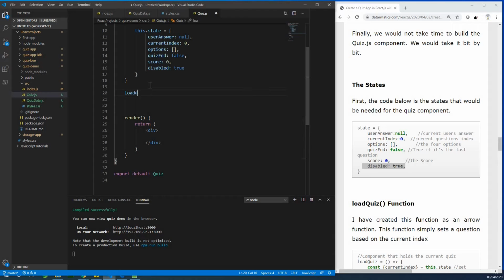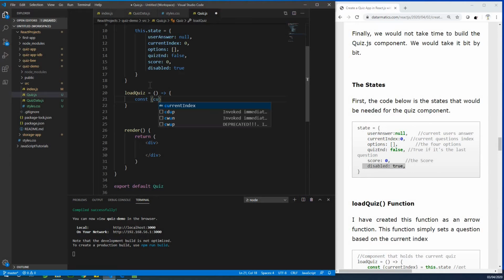So I'm going to say loadQuiz. It's going to be an arrow function. You can also write it in a normal way that you know, but it's better to know how to use arrow functions. They are very useful in React. I'm going to say const, and I'm going to get the current state of the index. So I'm going to say current index